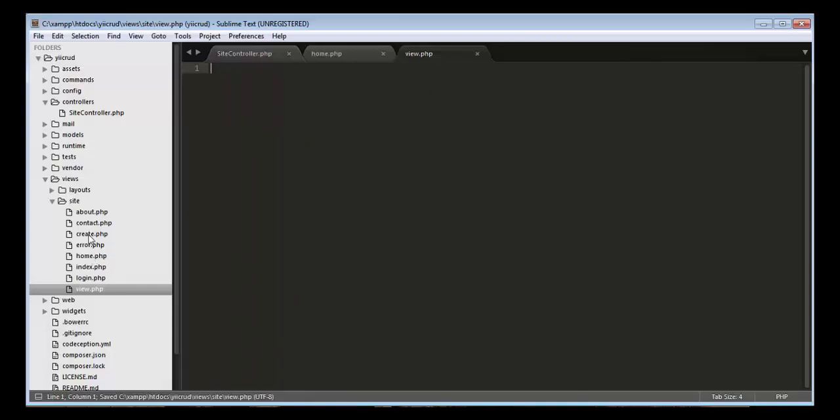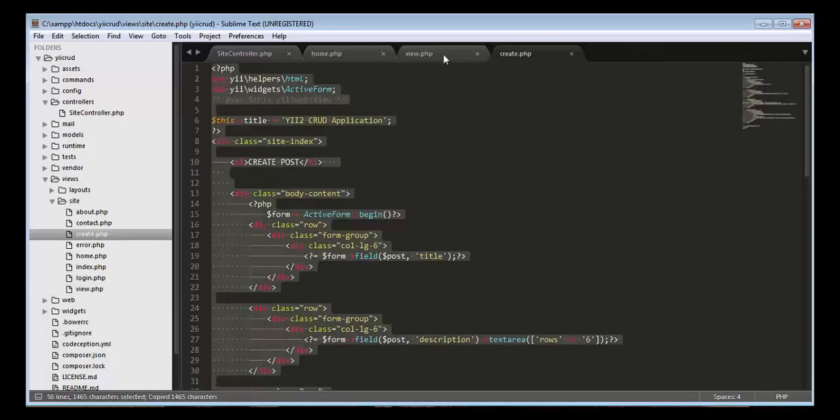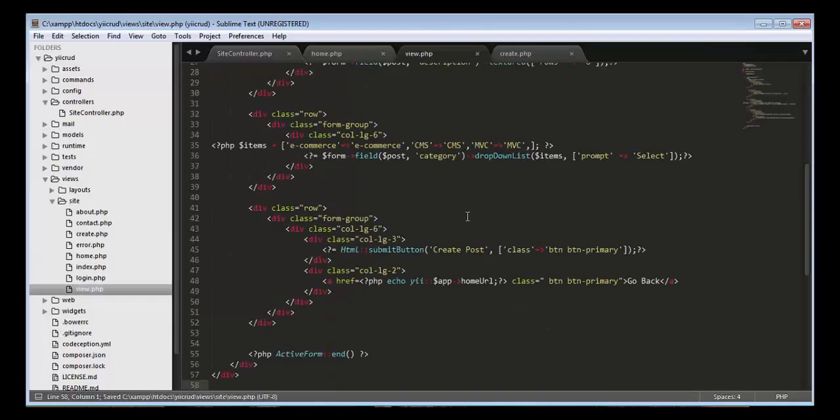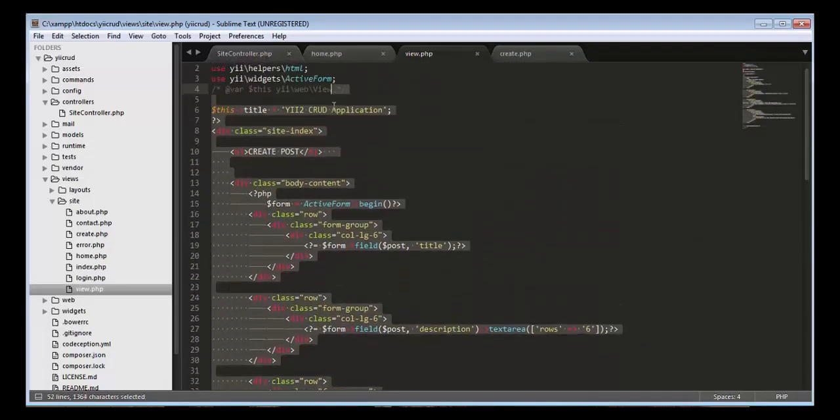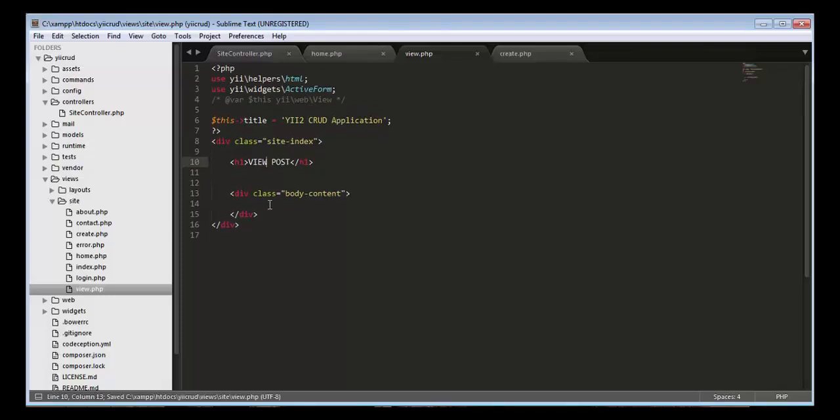Let's just copy the entire code and then put it here. Okay, and then remove all this. View post. Okay, and now let's go to